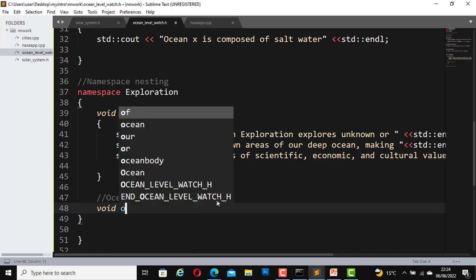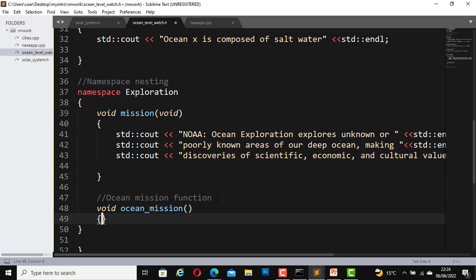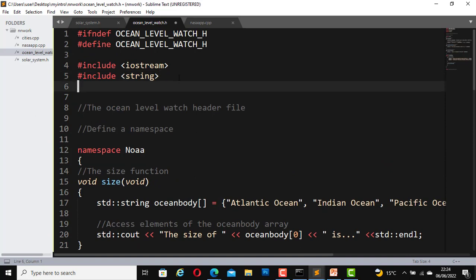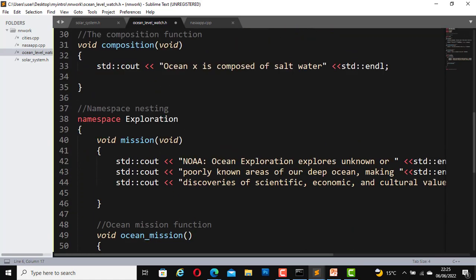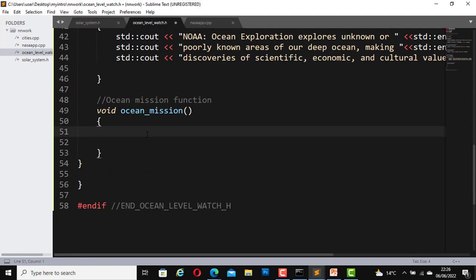Void ocean_mission. I am going to use a vector here. Because I'm going to use a vector, I'll add it as a header file. Include vector, and now we will use our vector here,